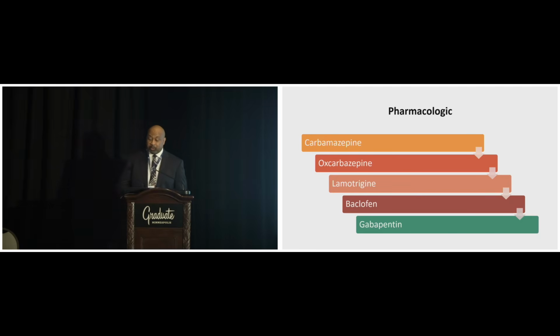Pharmacologically, and I think everyone has talked about this, trigeminal neuralgia seems to be the big winner for the day. So carbamazepine and oxcarbazepine are the things that I use first. They actually have a very good track record of treating trigeminal neuralgia, but they're not without their side effects. And the side effects can actually be pretty devastating. So aplastic anemia, liver disease. And so if you start these medications, it's really, really important to be followed up to make sure that there's